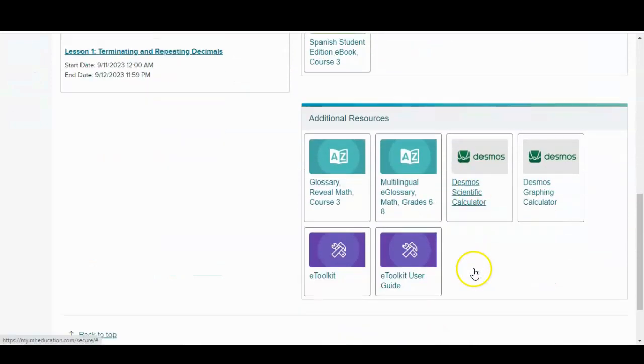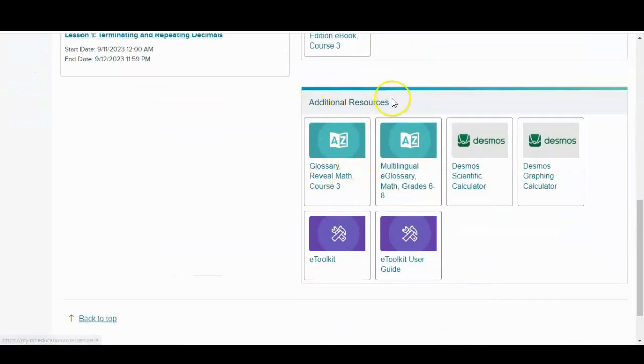If we scroll down a little bit more, we see there's additional resources that we can take a look at. Here we have the glossary. If there is a word that I come across in this course that I don't understand, I can click here to search for that word, and it'll give me the definition that aligns with the lessons that are taught in this course. So if I want to know what a rational number is, I can look here to get the